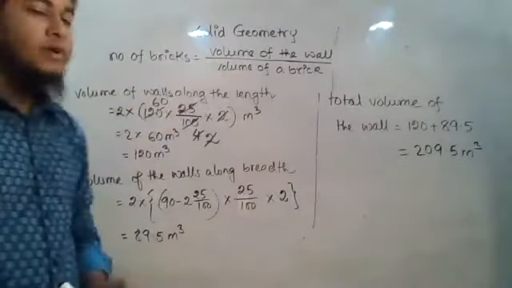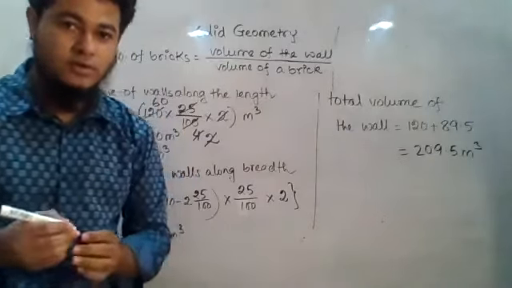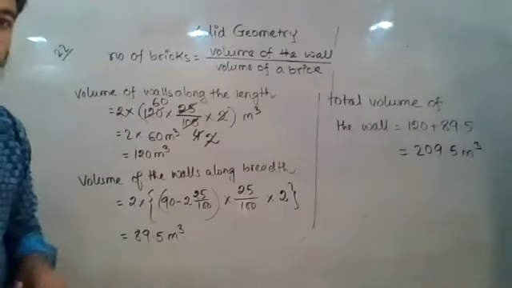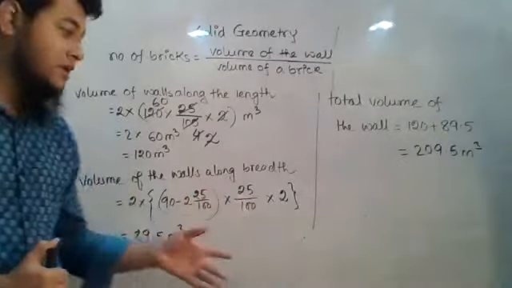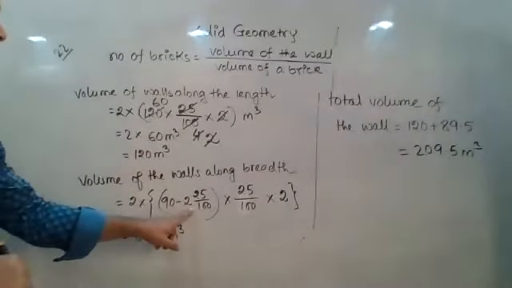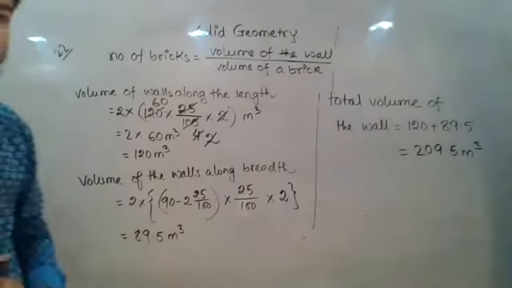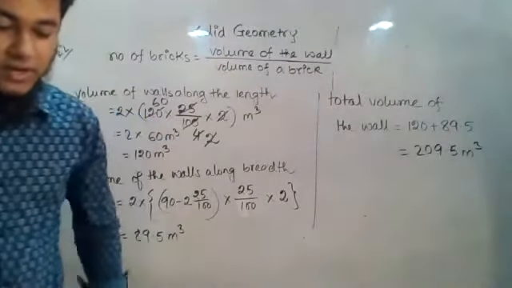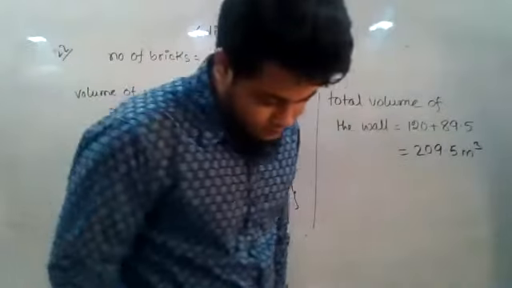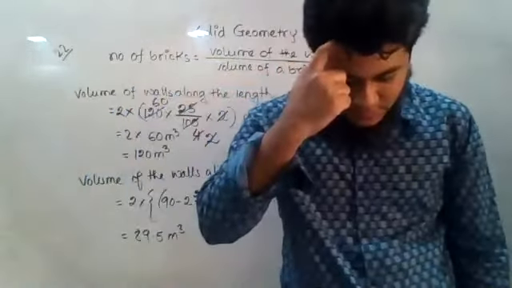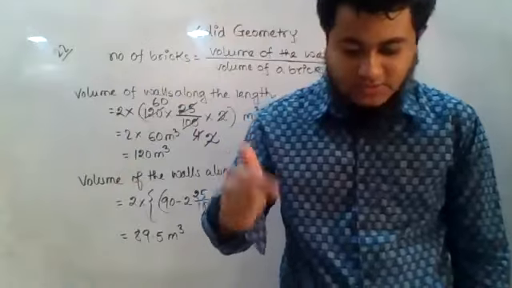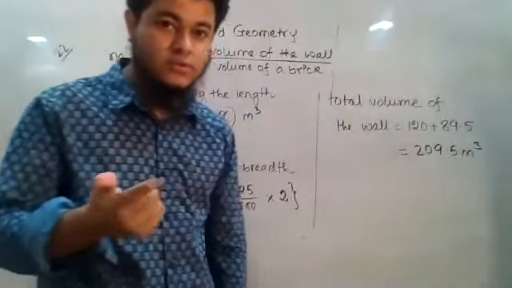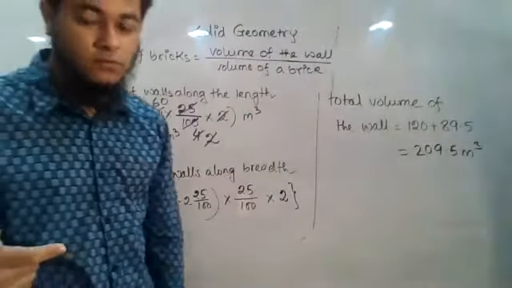Now you can divide it by the volume of the brick and we are done. So any one of the method that I showed you, you can follow. Okay, you just have to be a little bit careful in this one to subtract the thickness from the breadth. Otherwise it is okay. Clear? Anybody have any doubt now? No, sir. Acha, I want to make sure that the answer is correct. So that is why I want you to find out the final answer and check with the answer that is written at the back of your book.